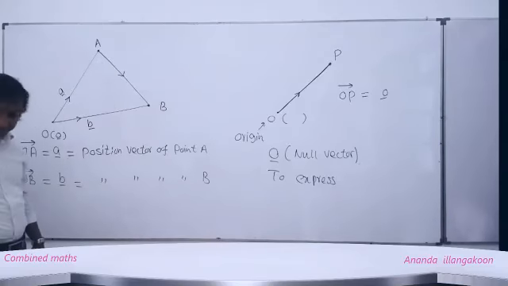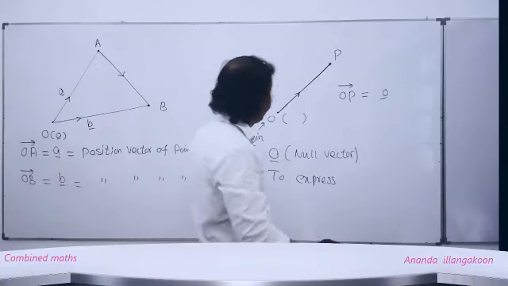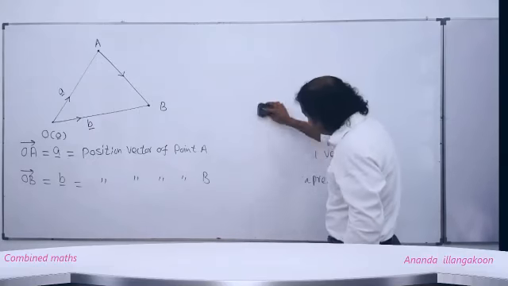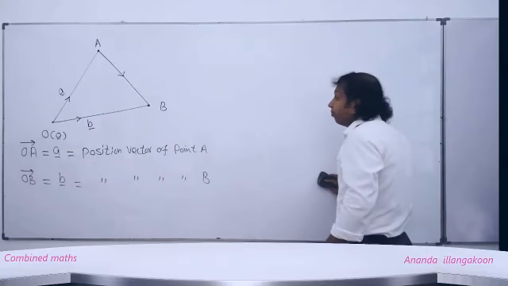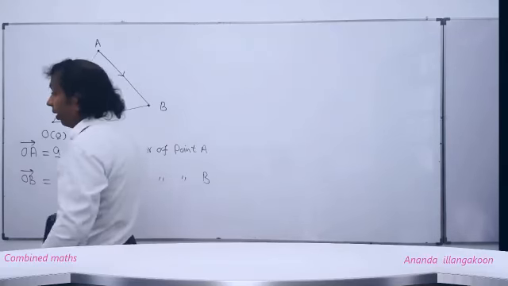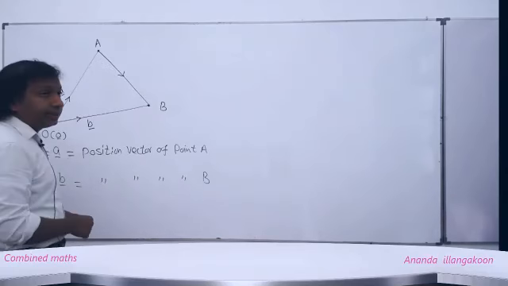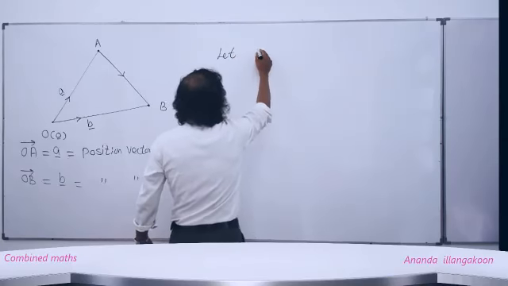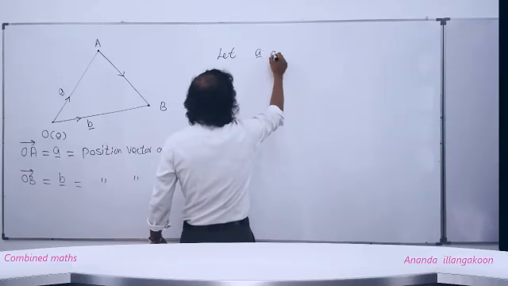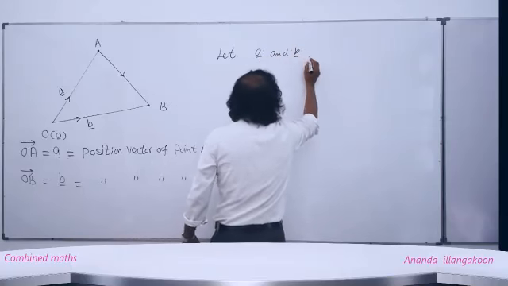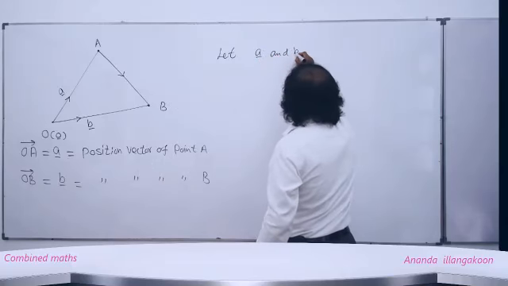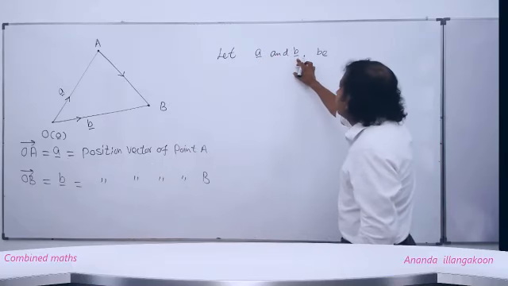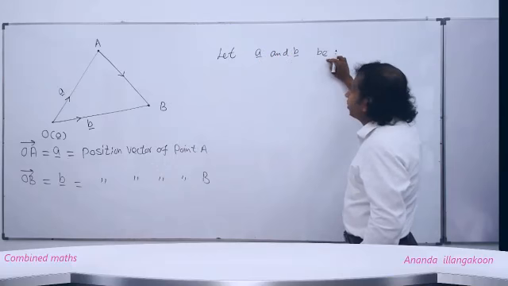Right, people? That's the heading. Now we'll write: let simple vector A and simple vector B be